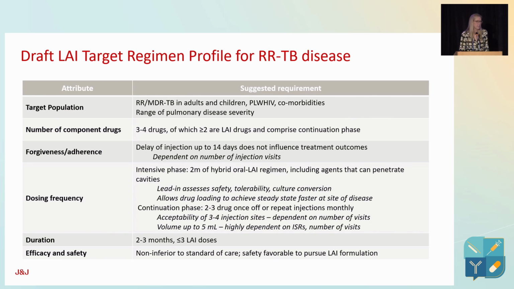So how does that look then in terms of creating a target regimen profile for bedaquiline and for treatment of RRTB disease? This is hypothetical, but it helps guide us in our assumptions of what a multi-drug regimen could look like that would include bedaquiline. We would certainly like to have it as broadly applicable as possible. So for use in children, people living with HIV, comorbidities, even those with a range of pulmonary disease severity, such as Radha was mentioning earlier. And luckily, bedaquiline does have good cavity penetration and also accumulates in the lymph nodes, albeit a little bit slowly.